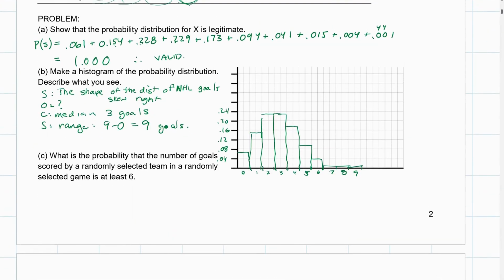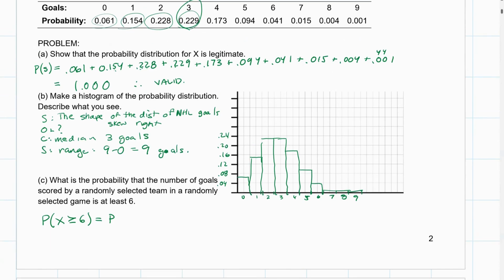What's the probability that the number of goals scored by a randomly selected team is at least 6? Well, let me write that down. What's the probability that our random variable is greater than or equal to 6? Well, these are, again, non-overlapping outcomes. So how about we say probability of 6 plus the probability that x is 7 plus the probability that x is 8 plus the probability that x is 9